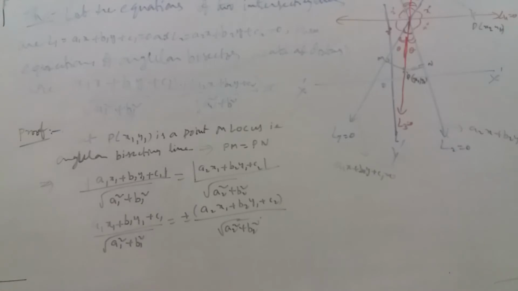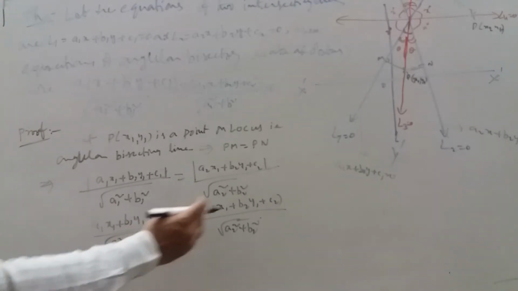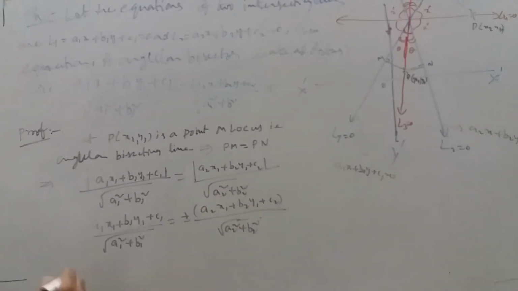Therefore, the conclusion is, instead of x1 we can write, therefore locus, if we bring the right side over, it should be equal to 0. That implies